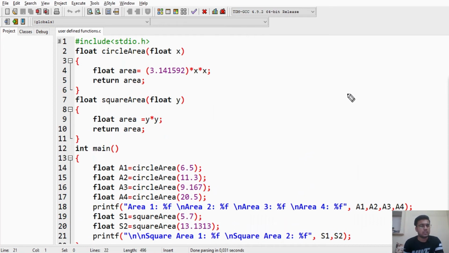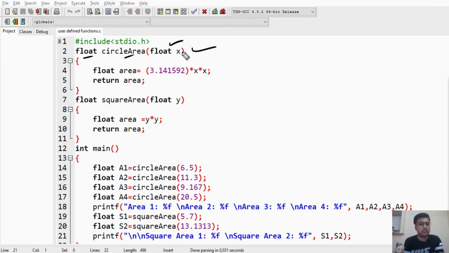Now the next one is the user defined functions. These functions are defined by the user according to his or her need. The first function that we have defined is the circle area. Here we have set the return type as float, the function name as circle area, and the parameter is set to x.